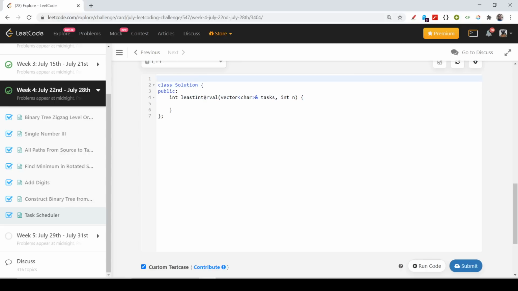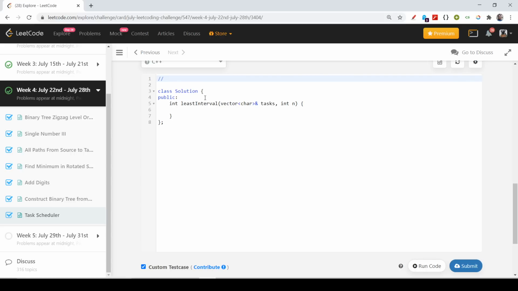So I will not use a map here, but I will use a simple array for frequency, because I know the limit of alphabets is from A to Z, so it can be at max 26.